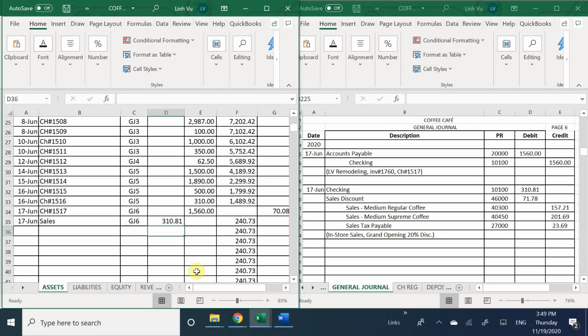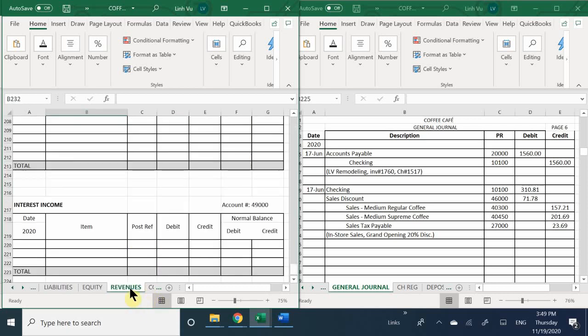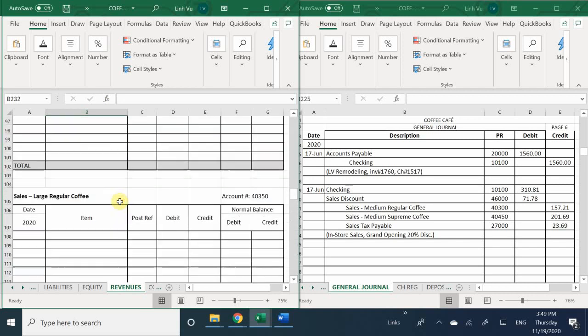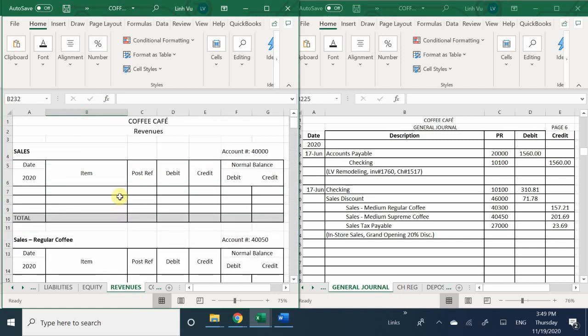All right, so now will we go to revenues? Mm-hmm. Okay, so, well, we're not doing it in the sales. We're going to do it in each of these categories. Correct. So let's see, the first one was